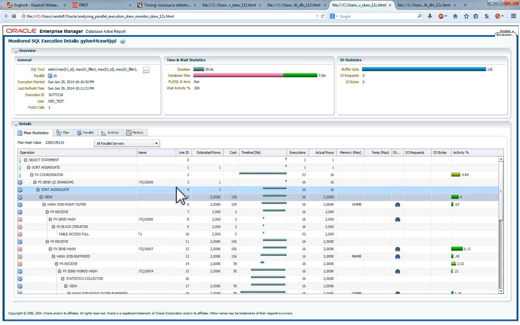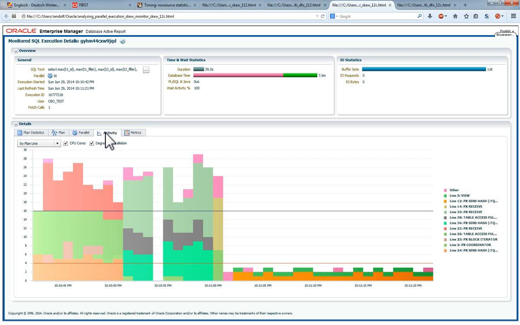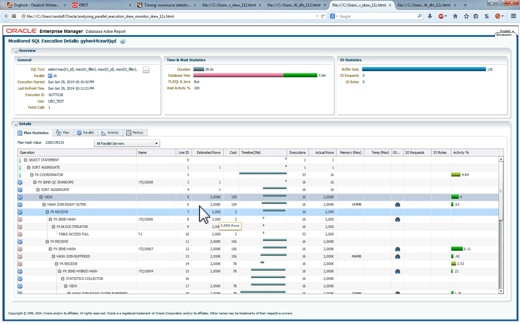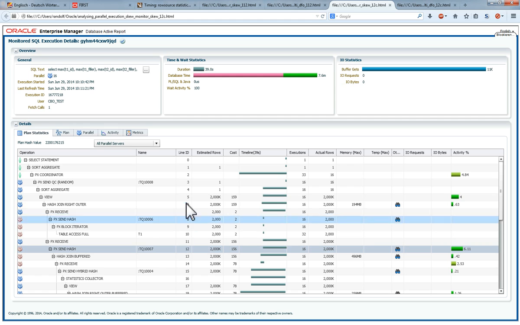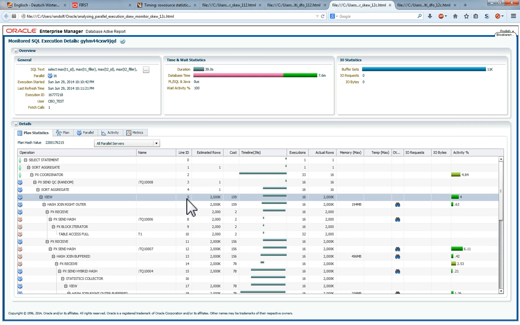So that is one thing that is not available with 11.2. As I said, I do not understand why it's made that complicated, so that I have to switch to this different representation here, then somehow remember which plan lines were involved, and then switch back to this one here and check the execution plan lines that were mentioned. But at least it is made available now. In 11.2 you simply do not have that information available at all. So that's a clear step forward. Then